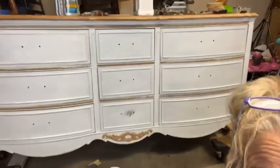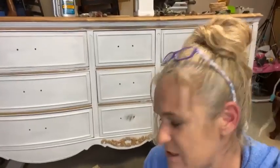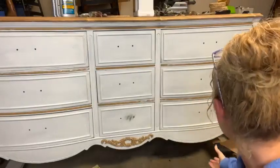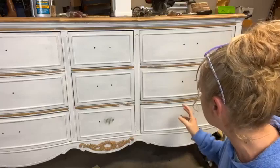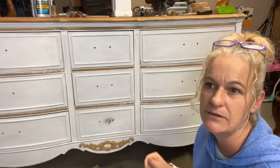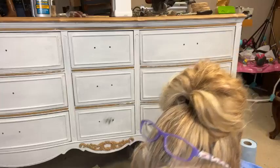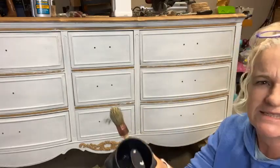So let's get started. I'm going to bring you in so you can really see what we have going on here. Before we start thickening up the paint and everything, we are actually going to go through some of this trim that I added, because I want to add that first layer of depth, so to speak. Before I thicken it up, I have some Midnight Sky out here,